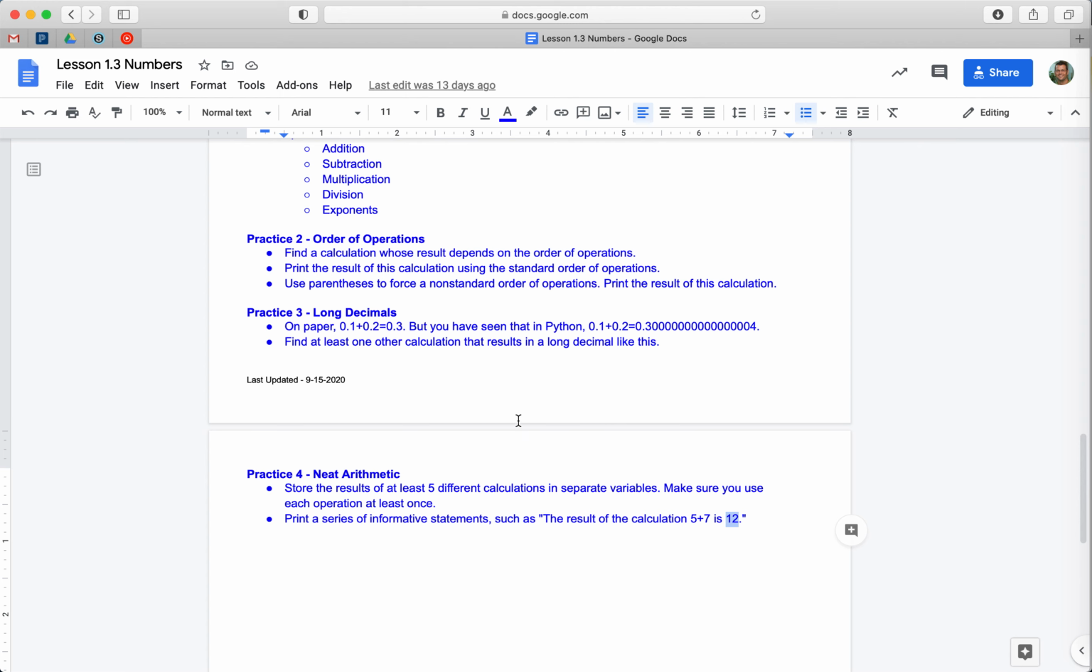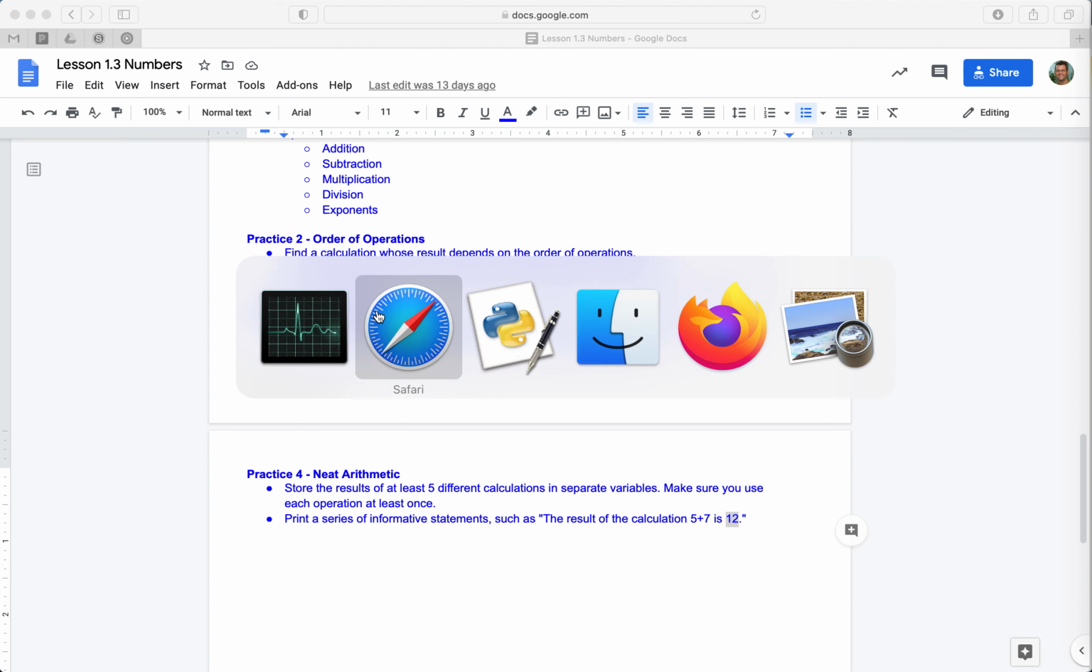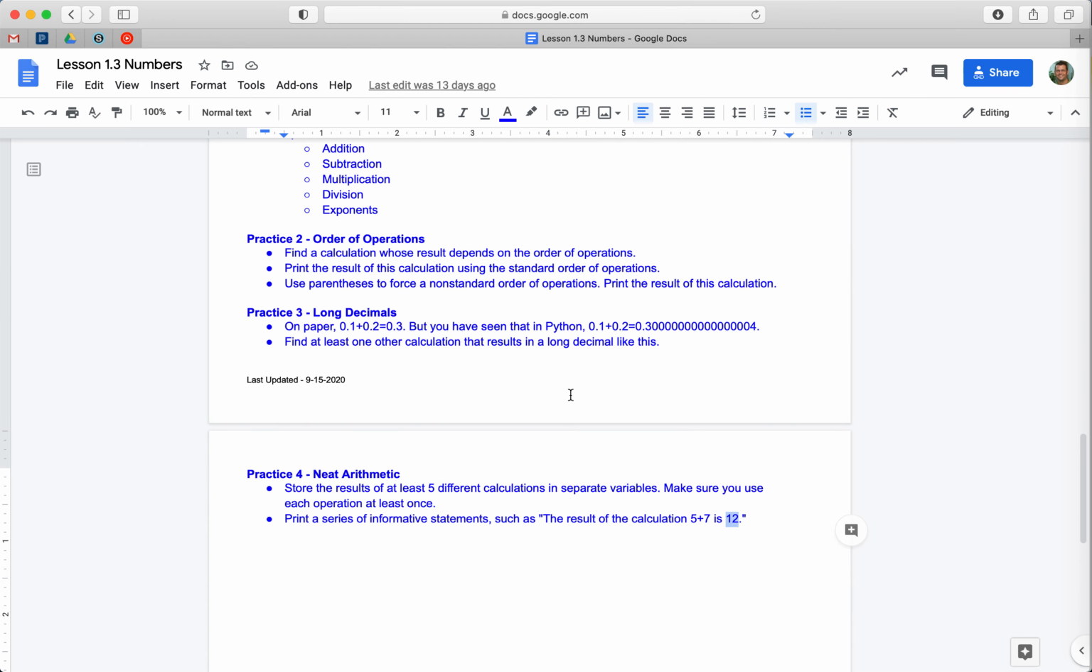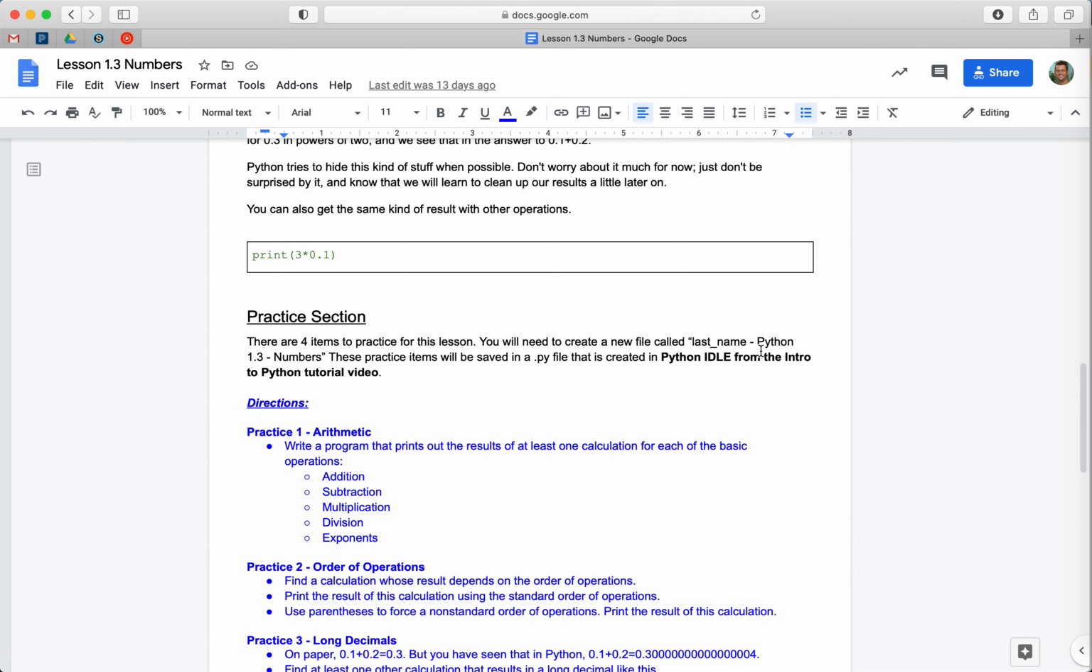Remember also that as you are going through your program, after you finish a practice section, you want to add a triple quote to comment out that practice section, and then you can continue with the next one. So you can save that one and have it commented out so we don't actually see this in the running of the code. So you're going to complete that one, and this is getting saved as your last name and then Python